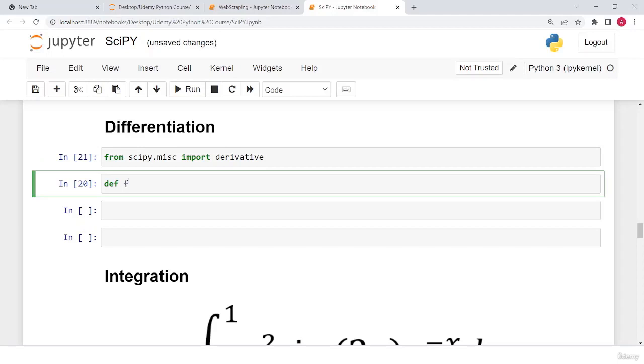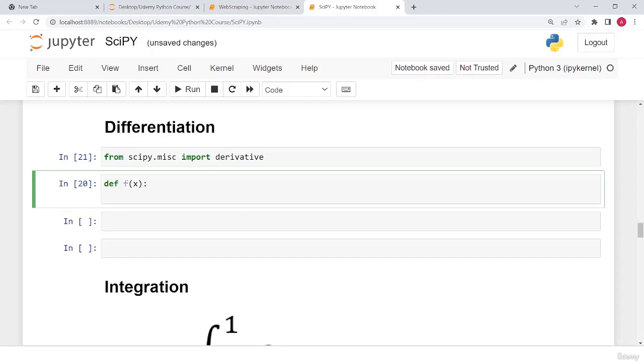I'm going to define the function that will return x square multiply by numpy dot sine 2x multiply by numpy dot exponent minus x. So this is the equation of which we have to find the differentiation,